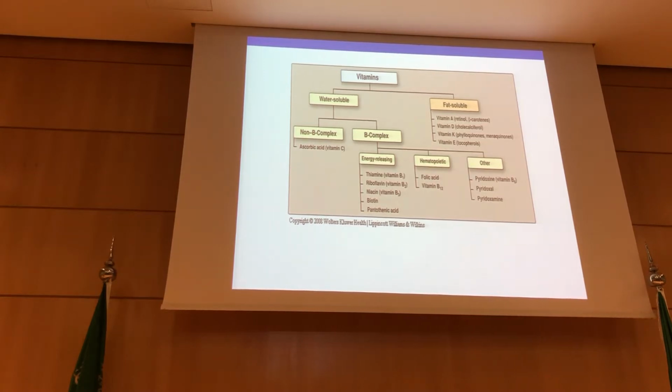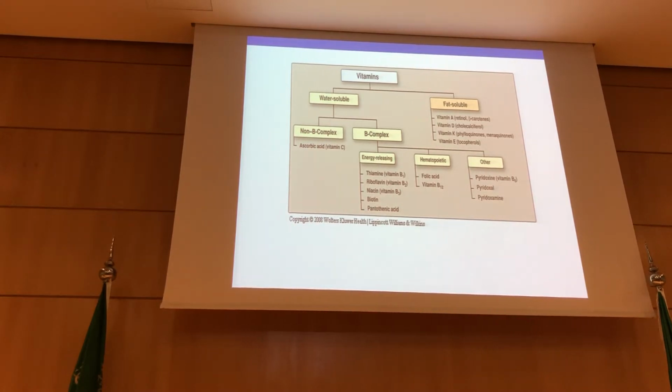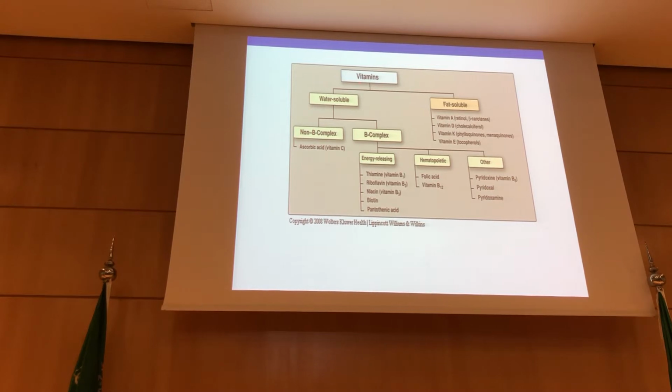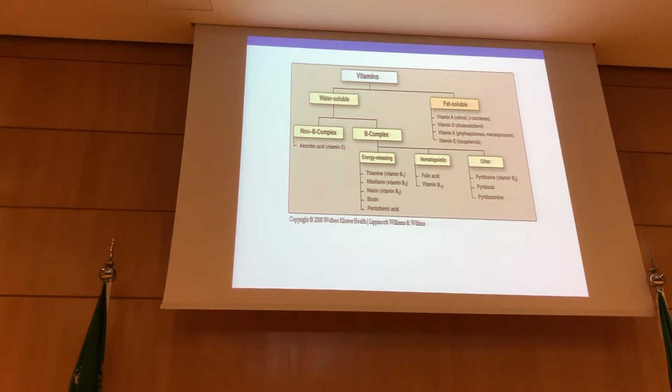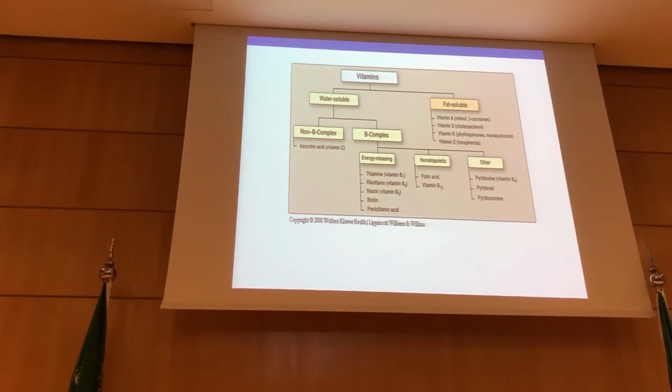So we talk about the classification of vitamins. Here you have the classification: water soluble and fat soluble. If we start with the fat soluble, I want you to know the name of the vitamin. We should know that vitamin A is retinol. Vitamin D is called calciferol. Vitamin K is phylloquinone and menaquinone according to the source, if it is coming from plant or from animal origin. And then we have vitamin E, which is also called tocopherol. These terminology you should know the name, okay?